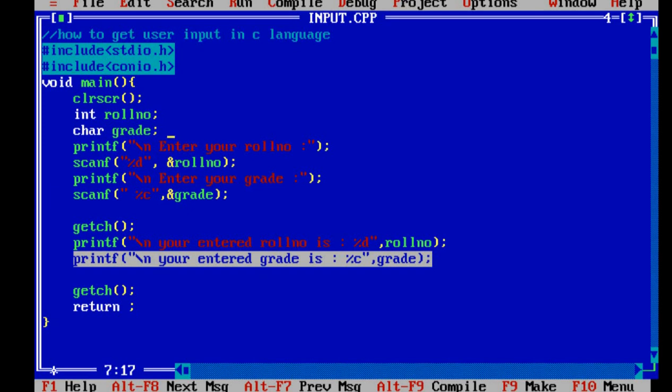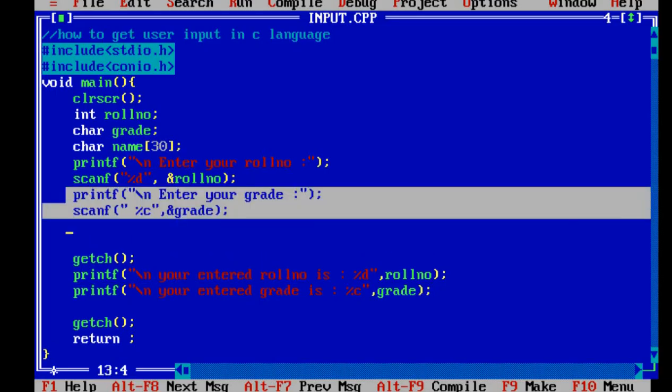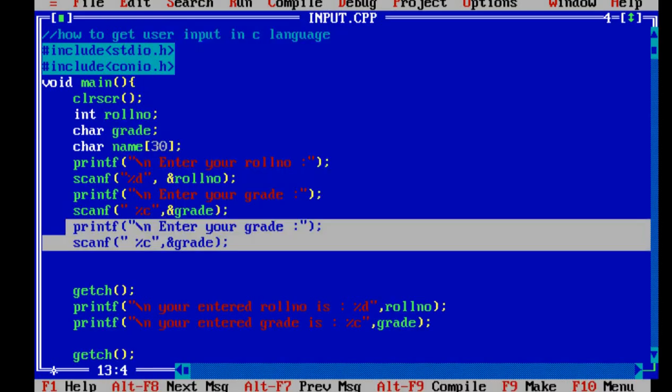But now let us see here. Assume I want to get the name of the student. Say the name is of 30 characters. How will I get the name of the student? You will have to take care again. You will have to use it in the same way, copy it, and then here you can write: